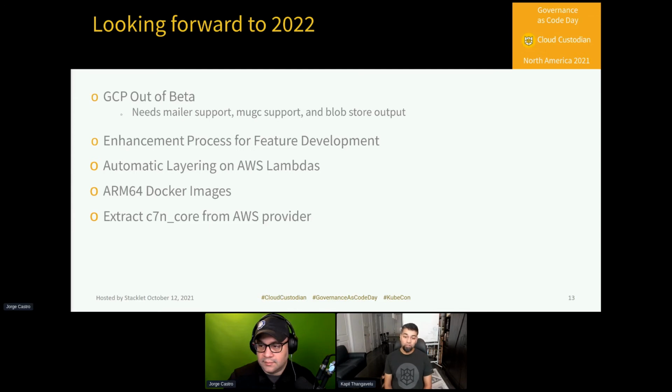But then looking particularly at creating automatic layers for Lambda policies that are executing in AWS. There have been numerous issues with policies, with the default SDKs inside of the Lambda runtime not necessarily reflecting all the latest and greatest resources that are there. So this would be Custodian creating an automatic layer with the latest SDK so that is no longer an issue. And then looking at how we distribute, we're also now looking at publishing Docker Graviton images, Docker AArch64 images, for people that are running on ARM hardware.